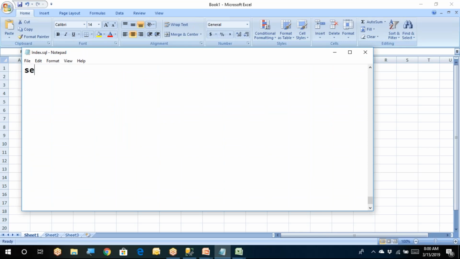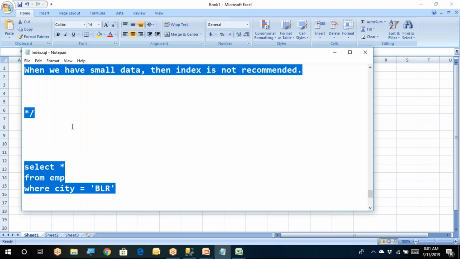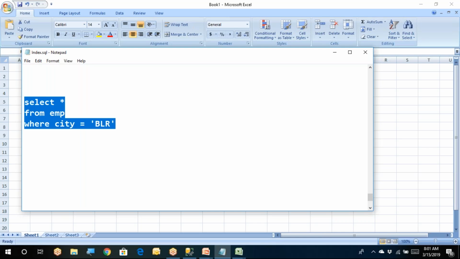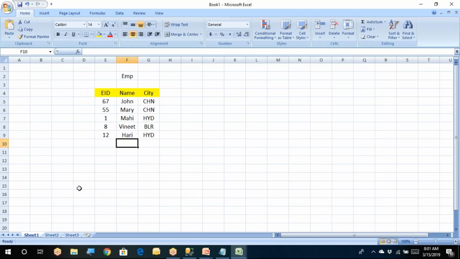Select star from the employee table where city equals, let us say, Bangalore. So this is the query. I wanted to retrieve the data from this. I will write the query like this and hit execute. When you hit, the SQL Server does not know,